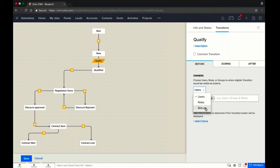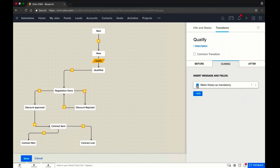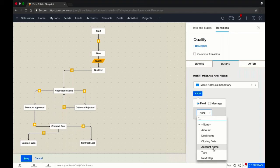Now if I want to make sure that only the CEO has to qualify, I'm not sure that will be the case. I think this will be a better example with a discount approval or something like that. But just to show you, you can pretty much define who sees this transition, and during, that is when this transition occurs, I can make a note as a mandatory point here, and I can add a field that says closing date, for example. And I can enter the validation, that is,